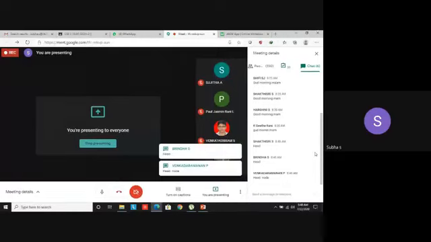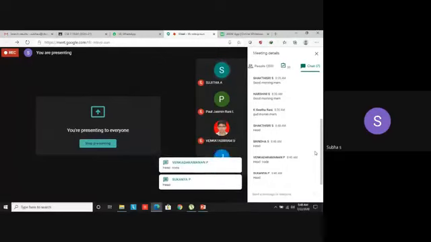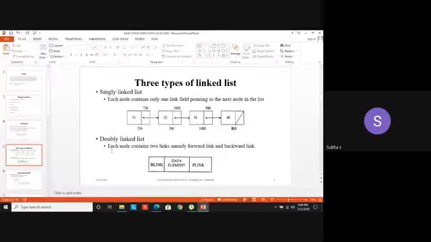Head. Yes. Head node, head pointer or head. Yes, very good. I asked in one MCQ also. So that is called a head, head pointer or first node head. Normally we denote it as head. Because 10 should be present somewhere, there should be some memory location for this element also.